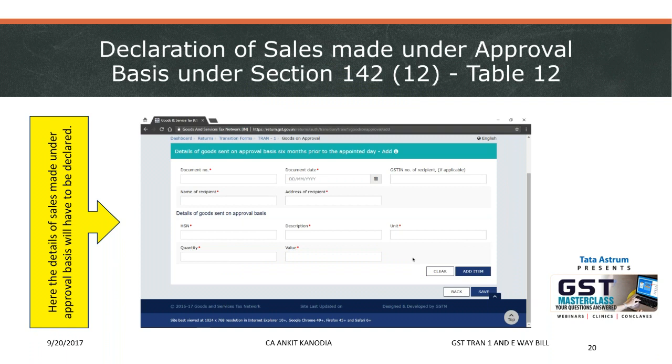On a harmonious reading of Rule 120A read with Order 2 of the CGST by the Commissioner Upendra Gupta, it is seen that only those SSEs who had filed TRAN 1 within the original period of 28th of September would be allowed to revise the same up to 30th October. So there is a confusion going on whether the due date of GST TRAN 1 has